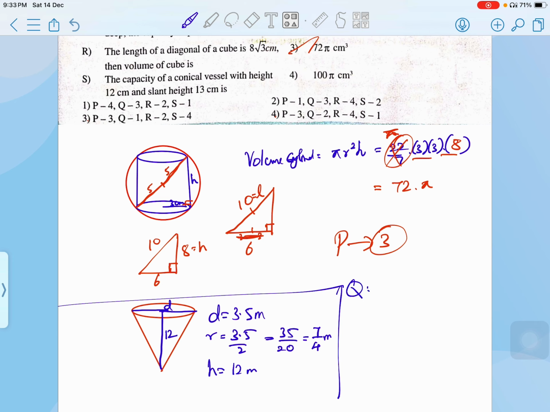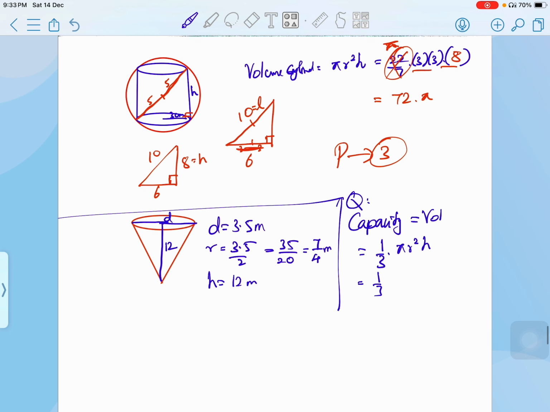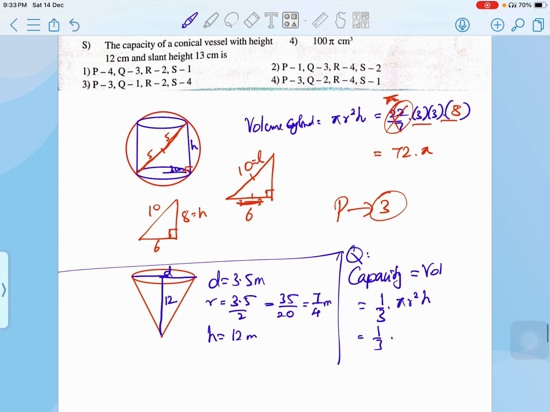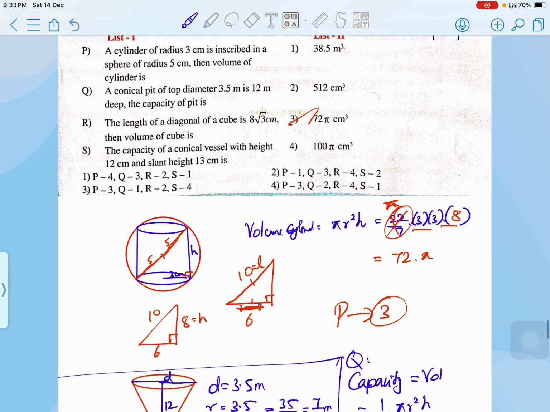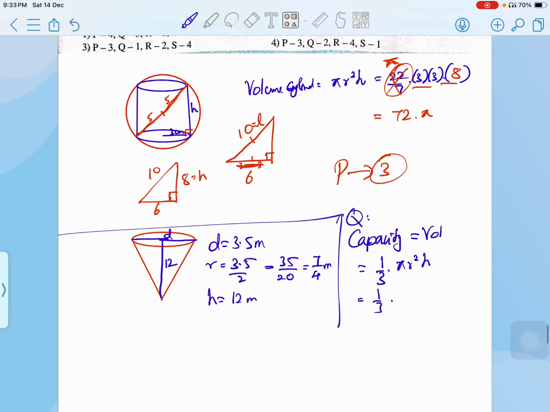This is our Q: find the capacity of the pit. Capacity means volume. The volume of a cone is 1 by 3 pi r square h. We'll substitute pi later. In the options, Q goes to either 1 or 2, and in both, pi is not there, so we'll substitute the value. It is 1 by 3 times 22 by 7 into the radius 7 by 4 into 7 by 4